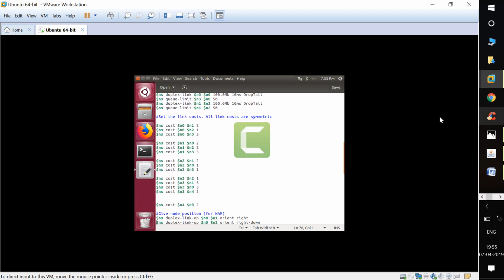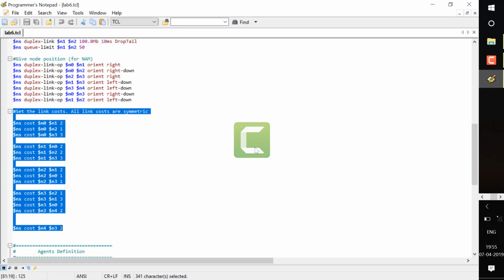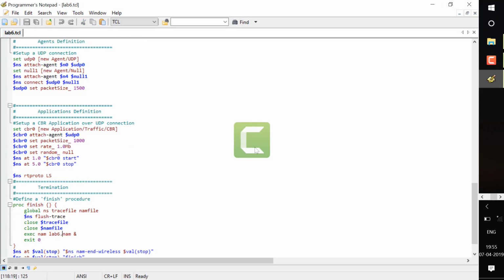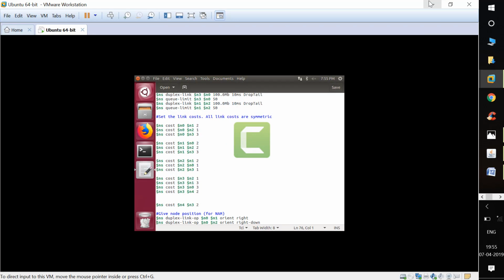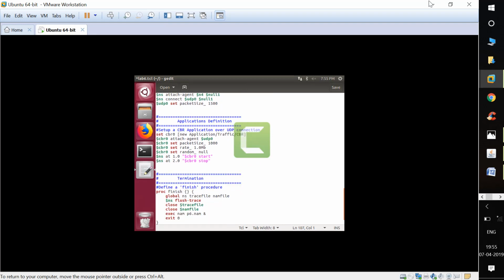Once you assign the cost value, then assign the protocol which is used here. Copy. I'll assign the time here as 9. There it is assigned as the simulation stop time is 10 seconds.